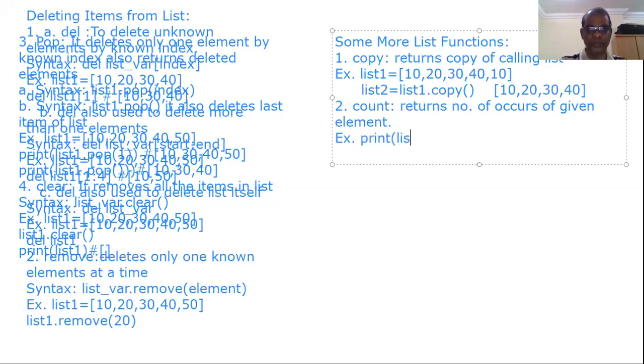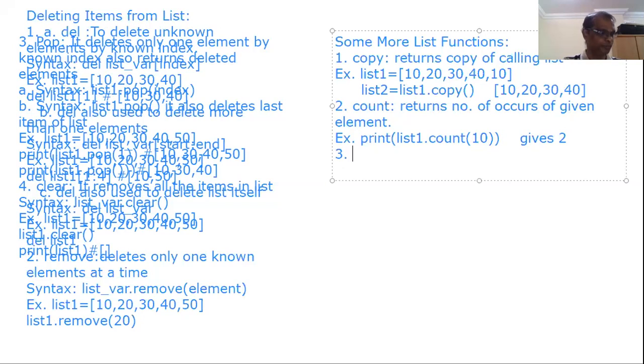Print list 1 dot count of 10 gives number 2. That means 10 is available 2 times in list 1. So it returns the number of occurrences of the given element. We are giving 10. 10 is available 2 times, it will give 2.